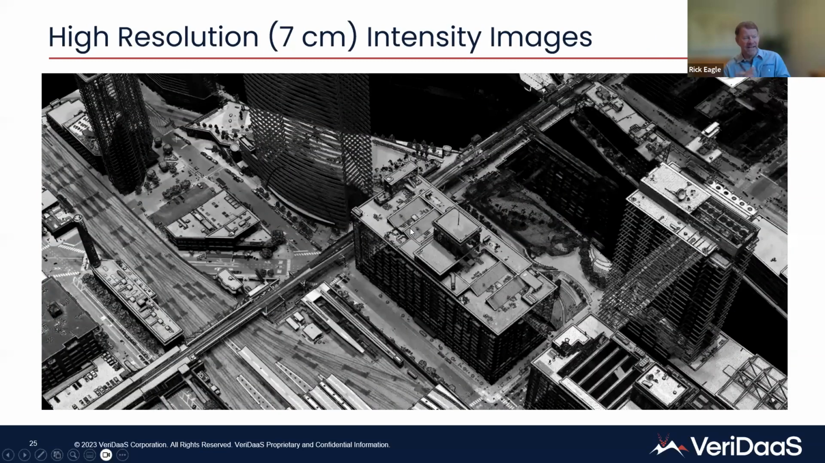We also provide intensity images. Because of the multi-looks that we get and the data that we come in, we can oversample these images to get a 7-centimeter resolution black and white image. We collect intensity a little differently than a standard LiDAR, but the resulting product looks very much like a standard LiDAR intensity image. We're measuring reflectivity rather than intensity. But you can see here the level of fine detail, all the railroad tracks that can be pulled out of that high quality intensity